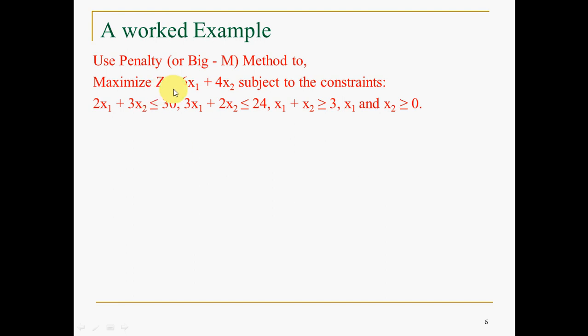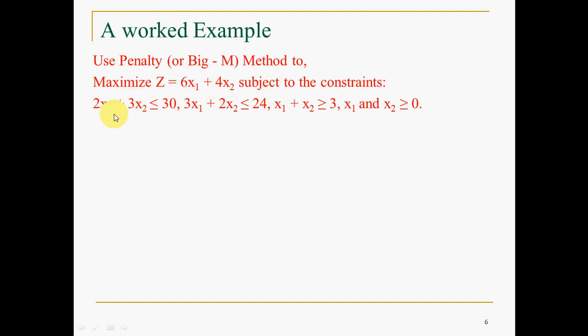Let us have a look at the objective function. It is in the maximization form, so the same concept of the simplex method is applicable here also. Always keep the objective function in the maximization form. If not, you have to convert it into maximization form by multiplying with a minus sign. So z should always be of maximization type, that is called standard form. Hence, as it is already in the standard form, no need to convert. That is one thing you have to analyze in the objective function.